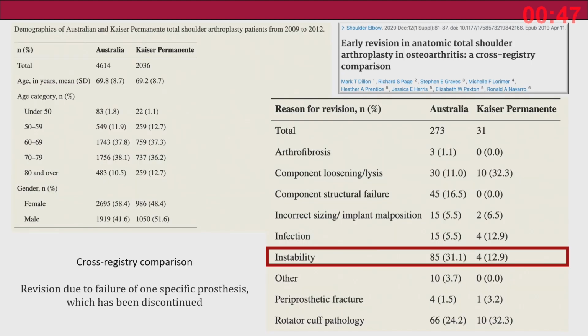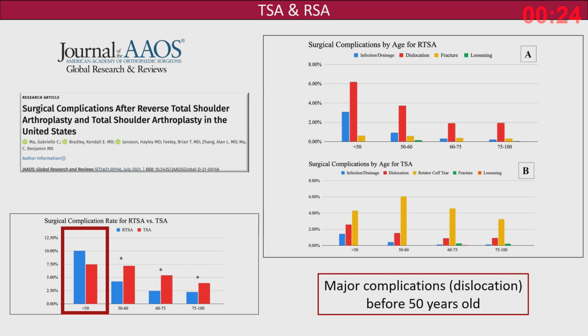And in conclusion, these studies are different, from the Australian to the American Kaiser Permanente registry, due to instability ranging from 31 in Australia and 12, 13 in Kaiser, and revision due to failure of one specific prosthesis which has been discontinued in Australia. And at last, when we compare total and reverse shoulder, we know that